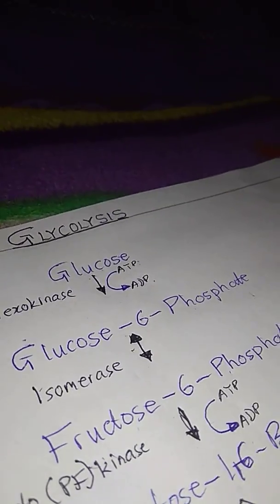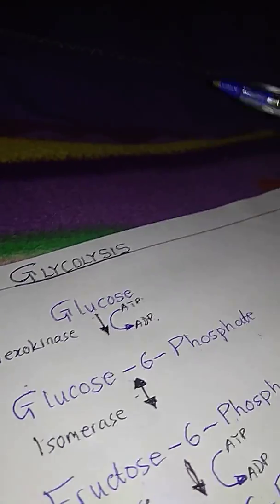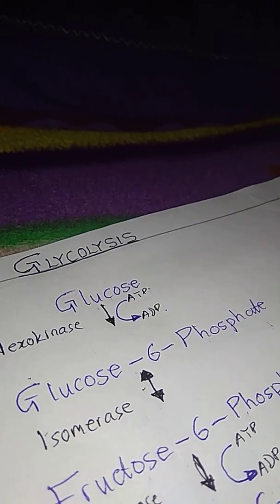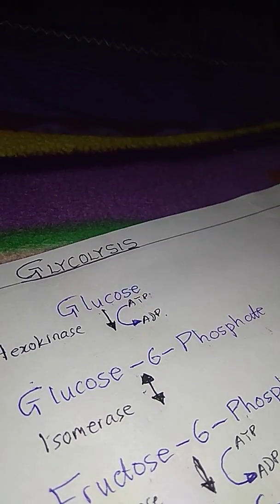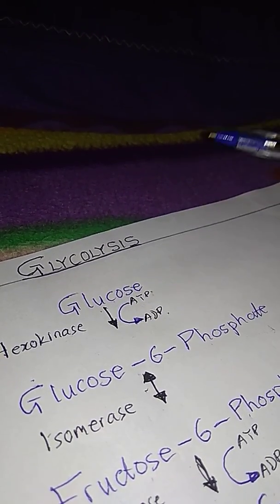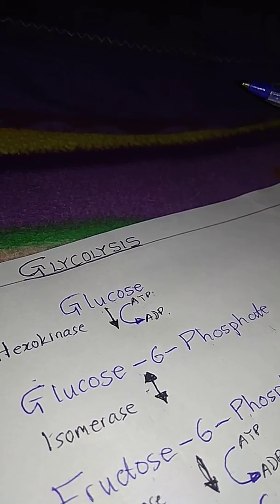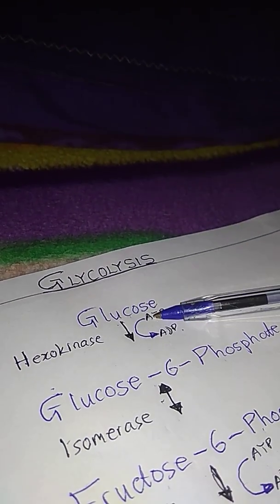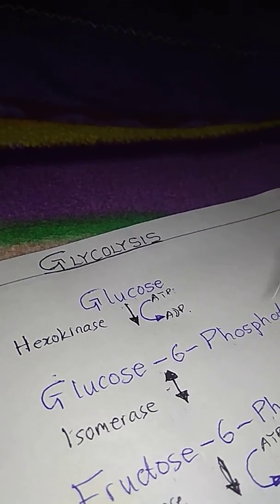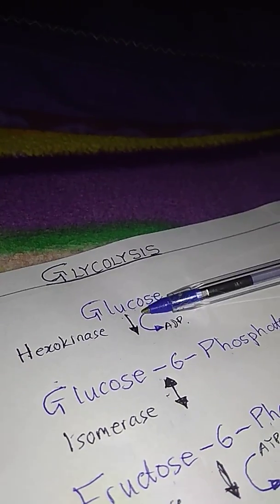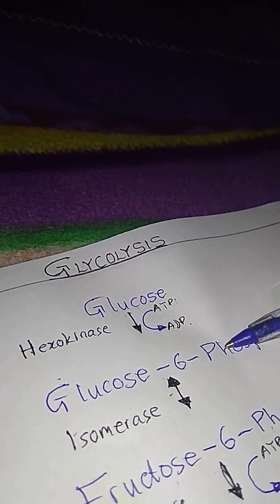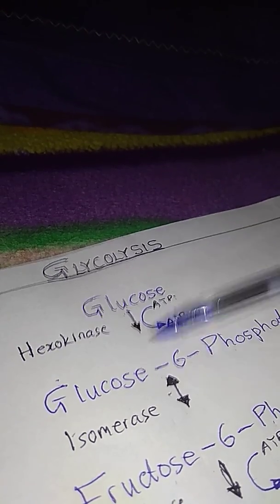I'm going to discuss the process of glycolysis today. Glycolysis simply means the conversion of glucose into pyruvate or pyruvic acid. So let's start with the process. It's a simple process. Glucose will first be converted into glucose phosphate, and this action is catalyzed by the enzyme